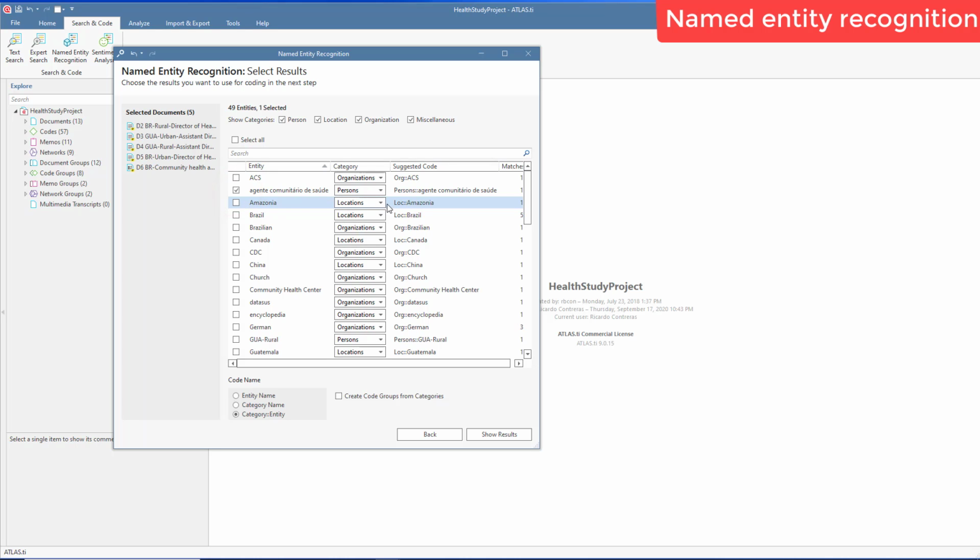Amazonia, it's saying that it's a location, and I agree with that. Brazil is a location as well, and I agree with the coding that it's proposing. Canada is a location. Now, Brazilian is not an organization. Maybe miscellaneous would be better, but I don't have to code it. You see, if I want to code it, I check it, but if I don't, I do not. CDC, organization, China, location, and so on. So I have to go through this and select the matches that ATLAS.ti found, and then proceed to show the